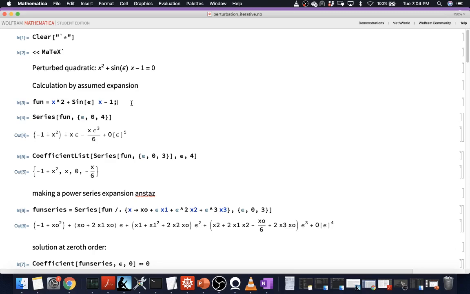And so the algebraic intensity of using perturbation methods should not give you pause when it comes to applying these techniques. Okay, so I'm starting with the same example, except that instead of having epsilon here, I'm doing sine epsilon. This is just because I wanted to show that with Mathematica, you can solve even a complex problem like this in seconds. Now, whereas the earlier problem you had only epsilon, which means when you do the power series expansion, you only get epsilon x, right? So you'll get epsilon x naught, epsilon squared x1 and so on,